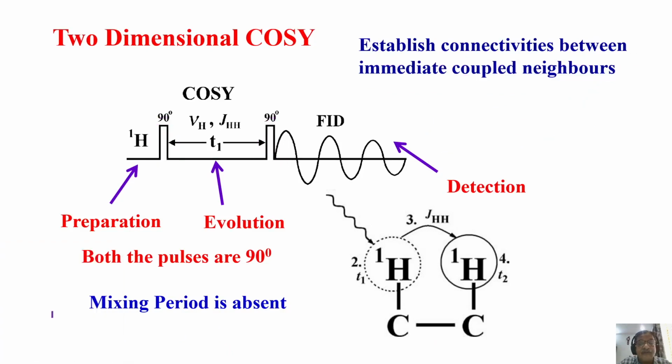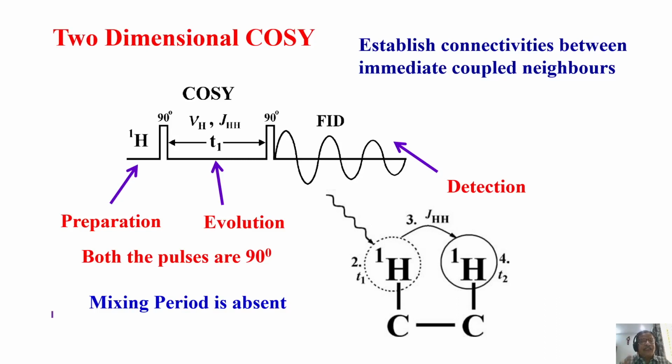This is very beautiful information. It is like getting multiplicity analysis, which we do in 1D, to know which is coupled to which. Like I said, in one-dimensional experiments, we have to do selective decoupling to get connectivity information to see which proton is coupled to which. I said we need to do hundreds of such experiments to get that information. We don't need to do it now. One two-dimensional experiment gives me complete connectivity information of all the protons which are coupled to each other.